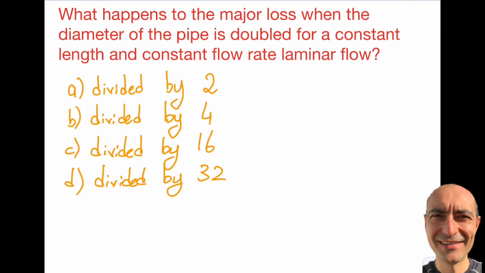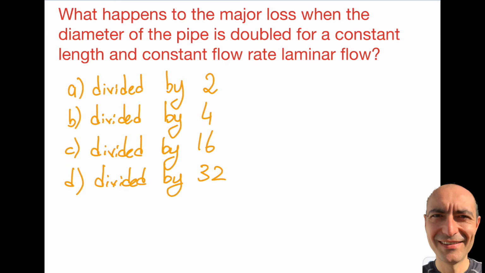Let's go ahead and solve another question from the major loss concept. And in this one, it's a bit different because it's much more conceptual. Here's what the question that I prepared reads. What happens to the major loss when the diameter of the pipe is doubled for a constant length and constant